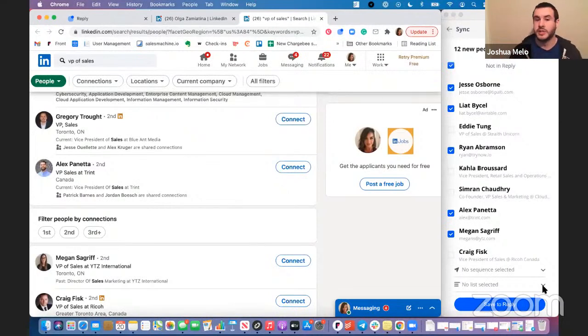We are building out our own databases, but for now, we can't guarantee that you're going to get hits on every single search that you run. And we would rather give you a blank. So for example, Eddie Tung here has no email assigned to him. That's because we could not verify it for you, and we'd rather give you a blank than a bunch of potential bounces. So the search that you're actually running will affect your results.